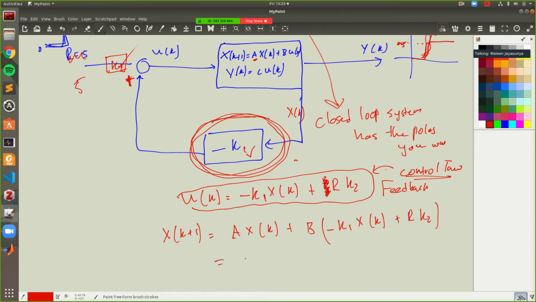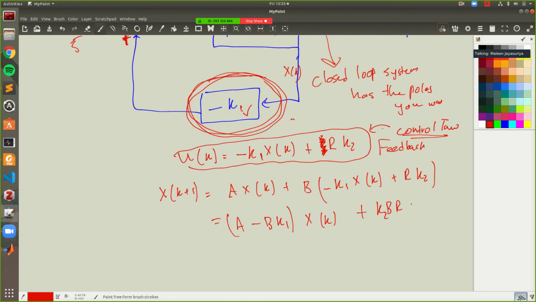So now we have xk here, so I can take that out: minus b k1 into xk plus b into r into k2. All that k2 does is it corrects that steady state issue, but where the real pole placement is happening is here, right?